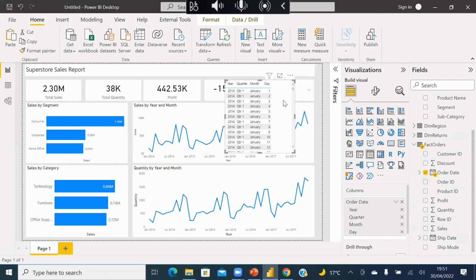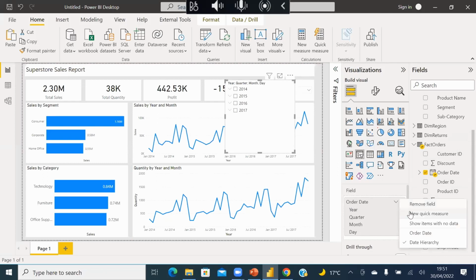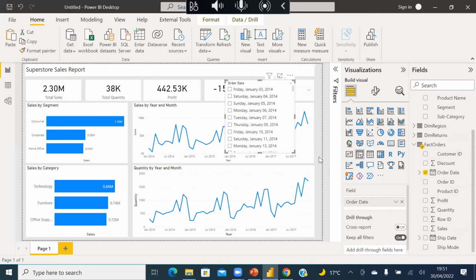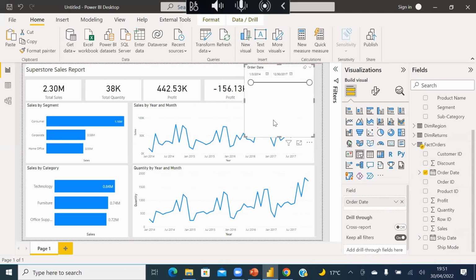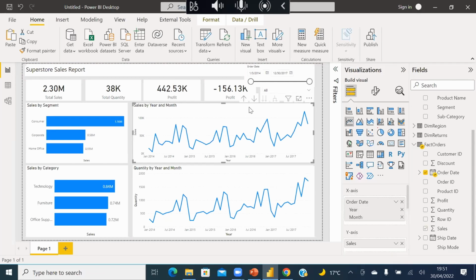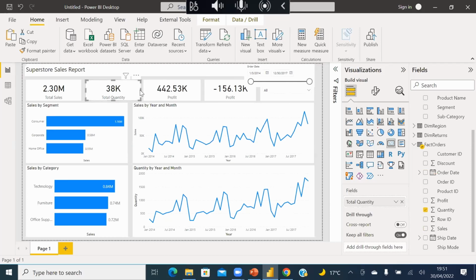So if we start with that one today, you can add a filter again, but this time around, we want this to show as a date. Then we want it to show dates between. So we can shift this to the top a bit. We have to create space for this. One way we can go about this is to reduce the size of what we have here,